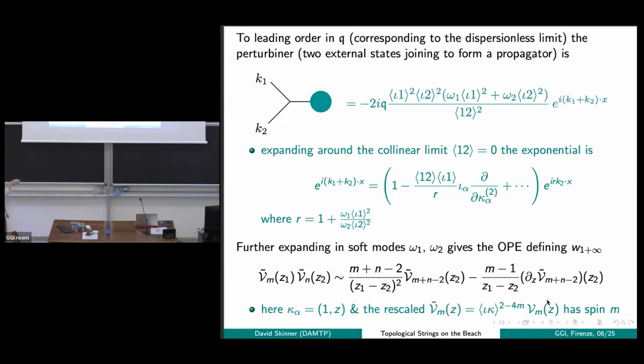And this OPE is W1 plus infinity. So if I take the Laurent expansion of these things in the z's, that will be W1 plus infinity. Probably I should have gone further and put it in its familiar form. I emphasize, it's not the loop algebra of W1 plus infinity as we're familiar with in 4 dimensions. And again, that's easy to understand.